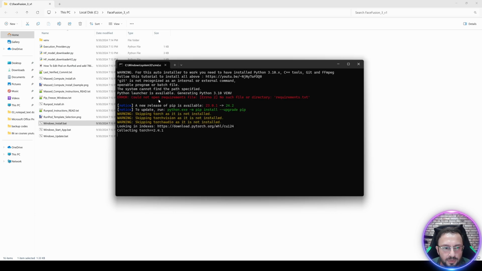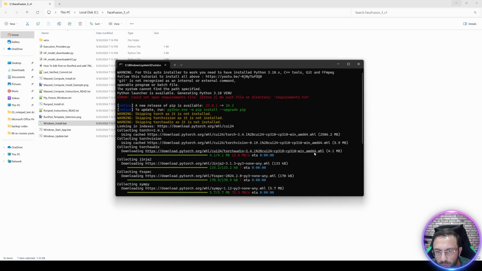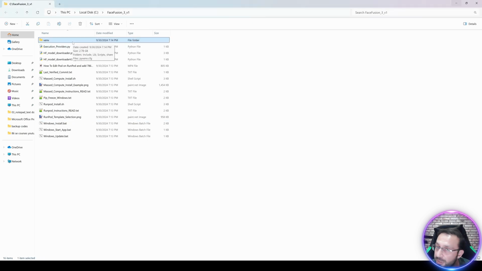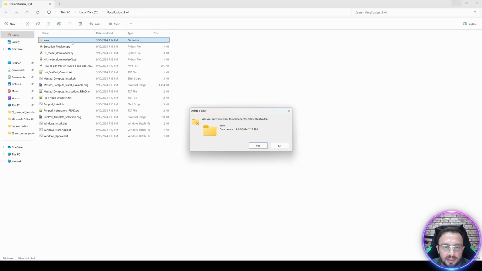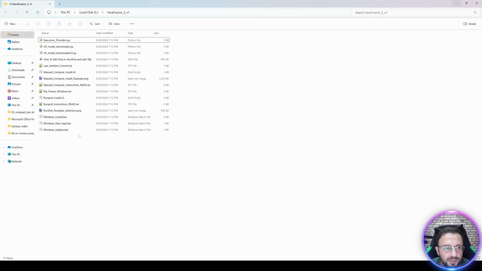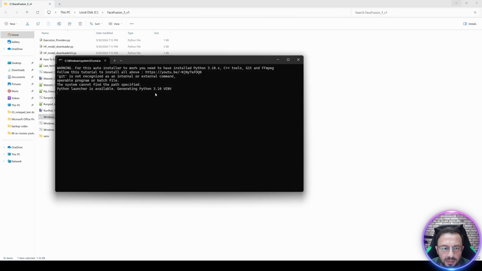Okay, we got an error somewhere. It says wait. Okay, for some reason cloning has failed. Therefore, currently it is not installing accurately. So I am going to close this window. It may happen due to maybe my antivirus. So I will delete this virtual environment. Okay, let's delete it. This is important. Pay attention. Then click Windows install again.